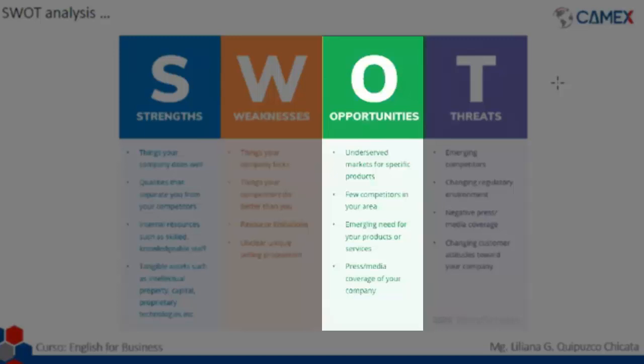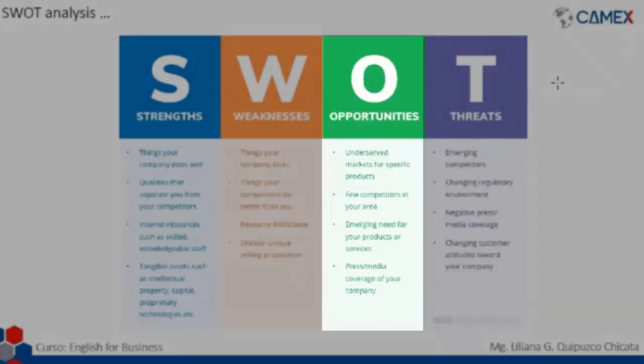Now, the underserved market for a specific product would be related to this because let's say that in the area there are not too many people that can offer this product, or in this case this food. So if we are the only ones, or one of the few that are allowed to serve this specific product, let's say that we will not only have food but we will have vegan food. This will mean a really huge opportunity for us because we will be able to get to those vegan clients that will not find food for them in other regular restaurants.